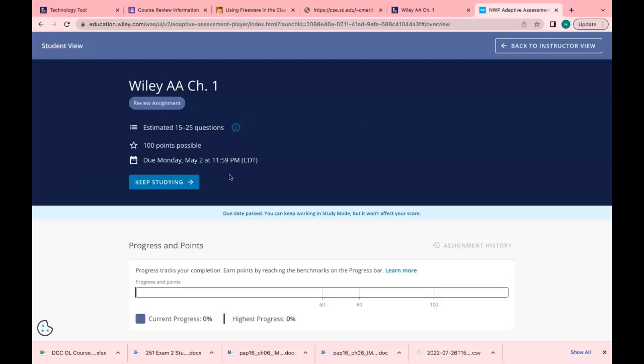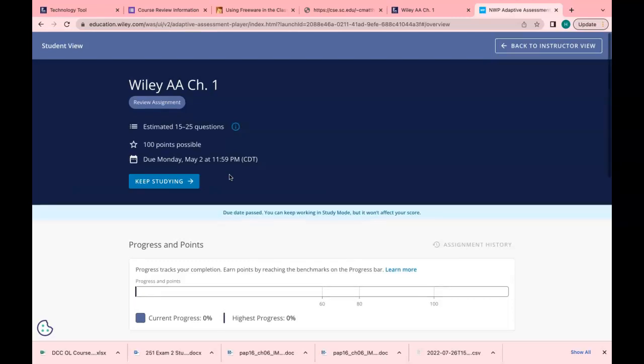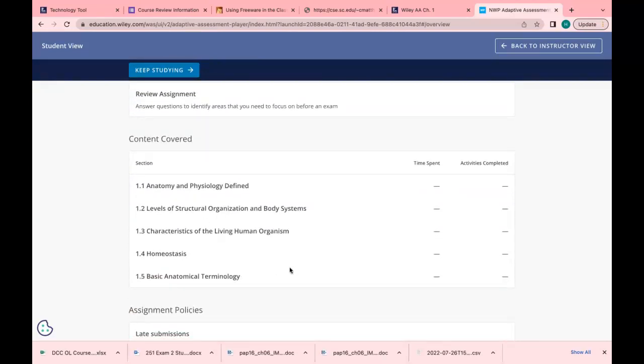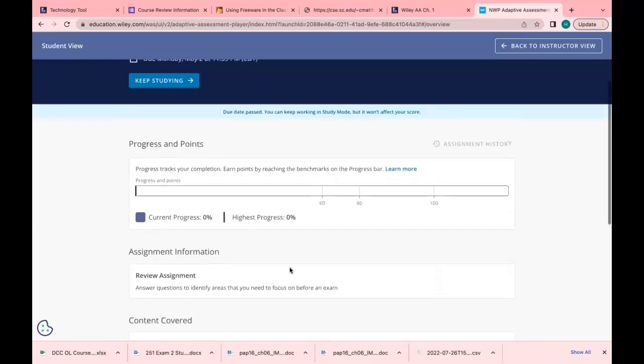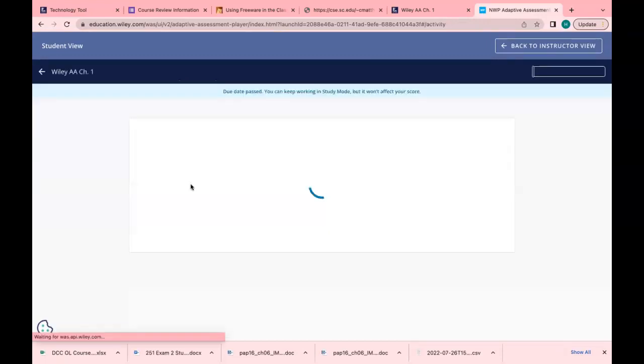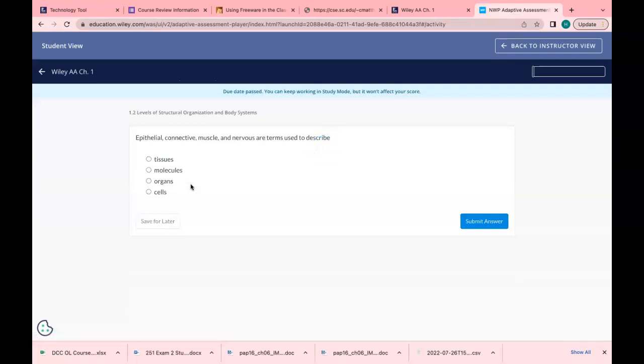And I try to make it a point to say, attempt to do these when you first start without using any notes, so that it is definitely a self-assessment. It tells them what content is covered, and then you would start the assessment. It's currently past the due date, so it's technically in a study mode, but as you can see here,